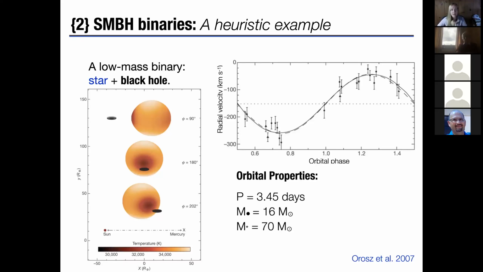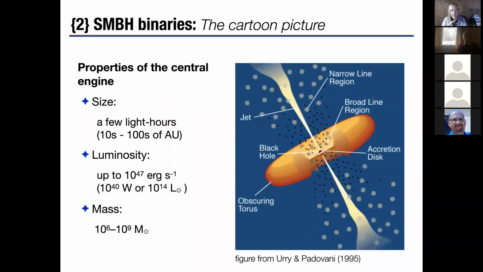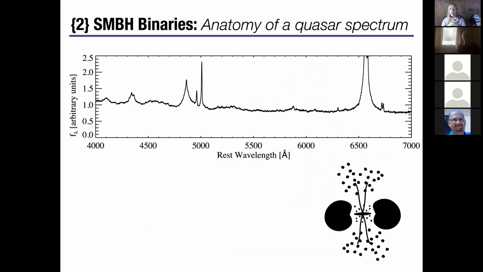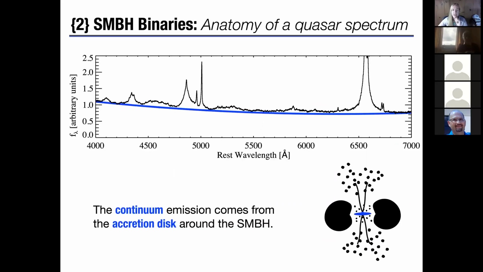And when you scale up to supermassive black holes, you get this picture. And this is the picture that we sort of love to hate in quasar astronomy, of quasar central engines. And what I actually want to do is talk about this in the context of what I actually look at, so that you can see how this test will work. So I'm going to save the cartoon and actually look at a quasar spectrum. So this is an optical spectrum of a quasar, and you can see a few different features. You can see the underlying sort of power law shape comes from the accretion disk,